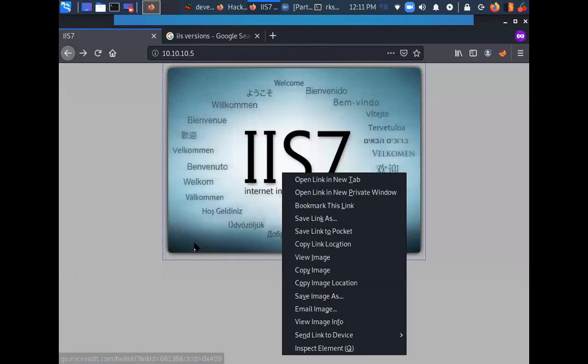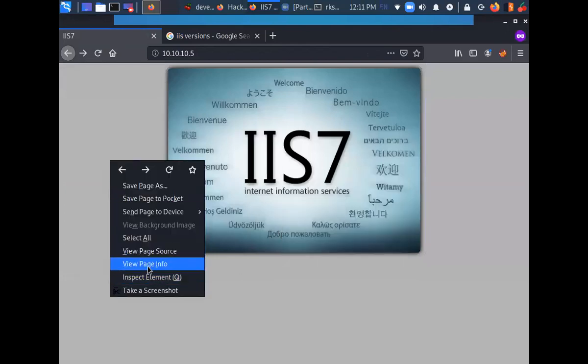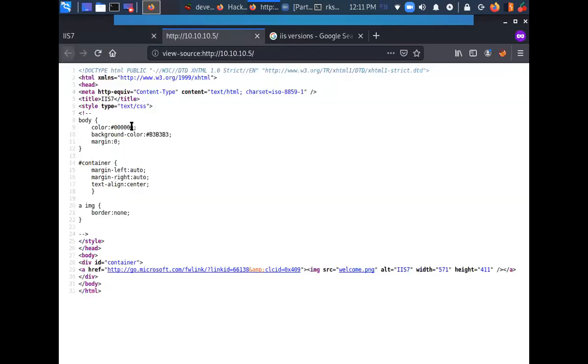Let's click on view page source and see if anything important is available here. Nothing here, IIS 7 is the title, that's one thing. There's a welcome.png image.